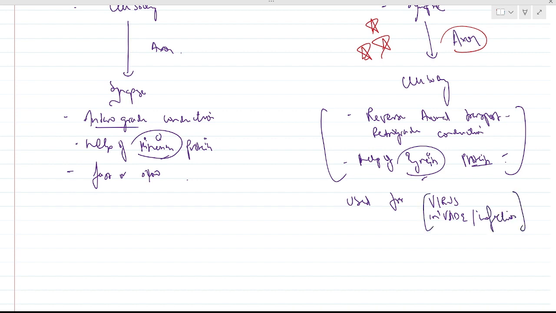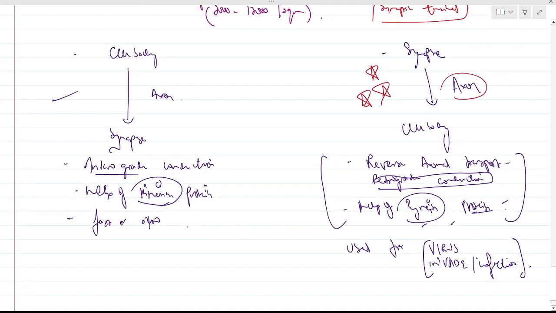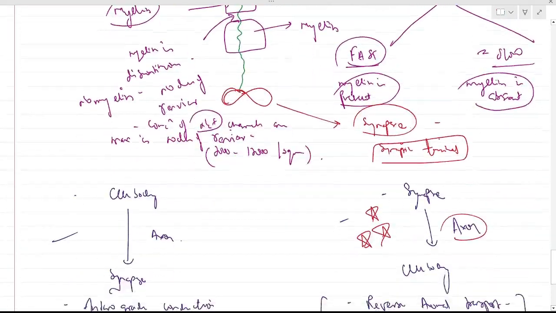Various viruses invade and cause infection, they use this retrograde conduction method with the help of dynein protein. Okay, these were the two types of conduction and their importance. Okay, now these proteins, kinesin and dynein protein. Okay, next moving on,